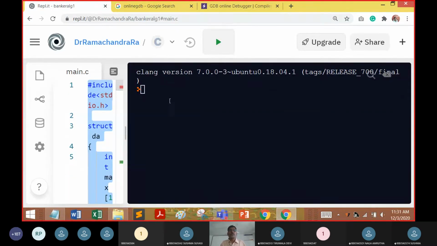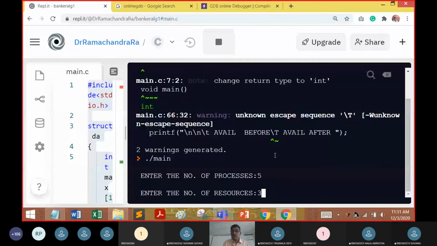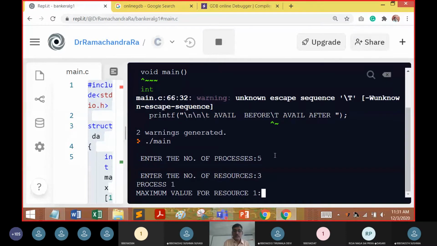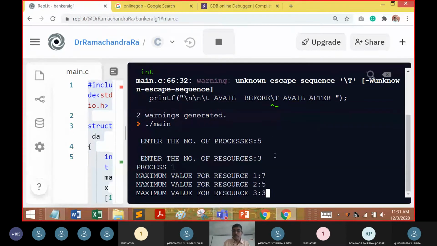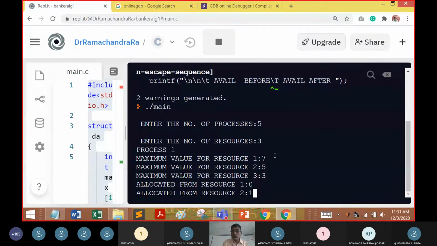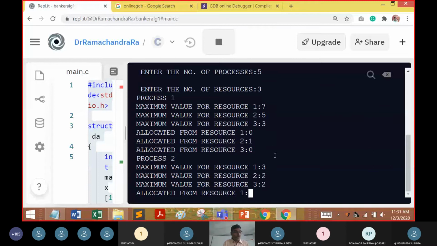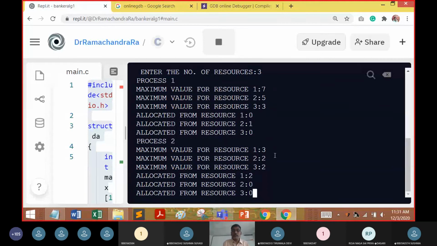In the interest of time, I'm executing the process here. Total number of processes was 5. Total number of resources was 3, and it is 7, 5, and 3. The first process was 0, 1, and 0. The second one was 3, 2, and 2, then 2, 0, and 0.